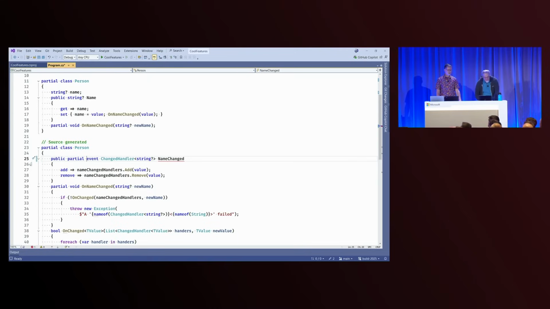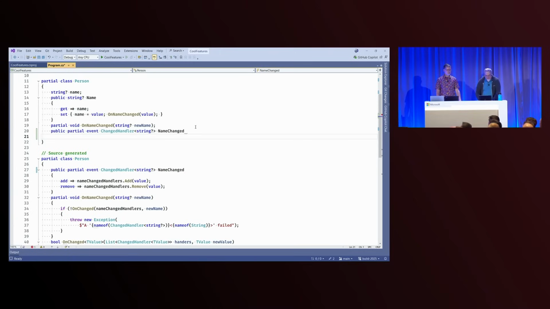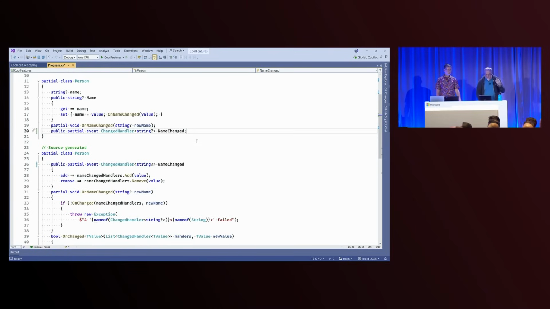So I can just call this partial. On the implementation side, however, the error I'm getting will tell me that you need to put it on the definition too. So I'll just take that, copy it over there, and give it a semicolon. So now it's a partial definition, and now we're good. Yeah, and we do constructors as well this time around, so we're kind of getting around to all the member kinds, and you can do them all partial. And hopefully that's a little helpful.